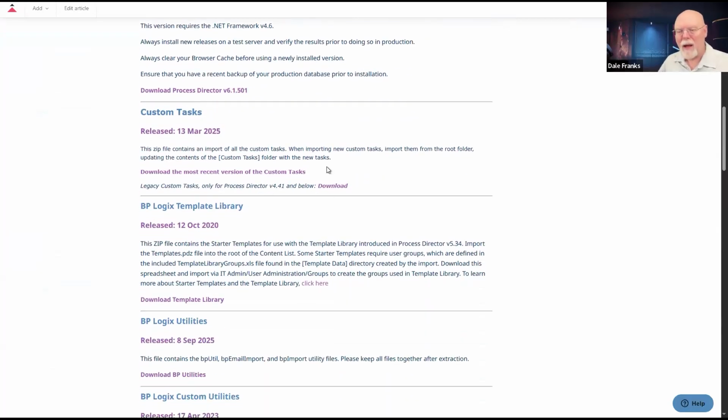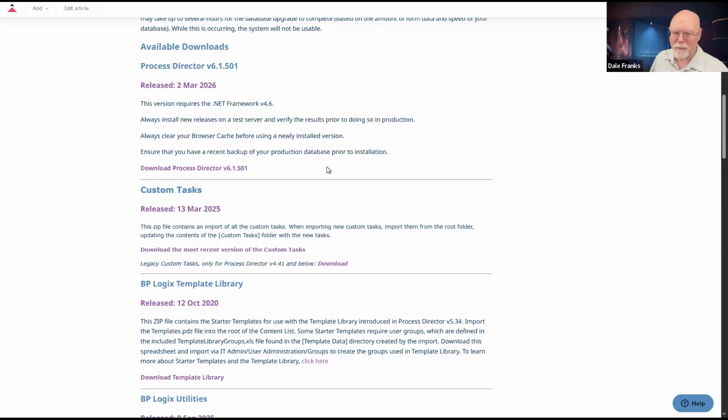Now, it's important to note that the product itself and the custom tasks are not the same thing. Technically, the custom tasks are not part of the product, although, of course, we provide all of the standard custom tasks to you free, but they are not released in conjunction with the product.